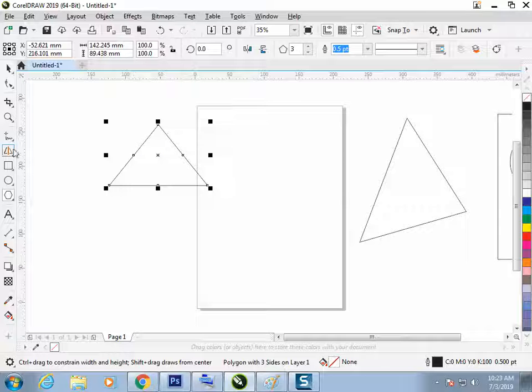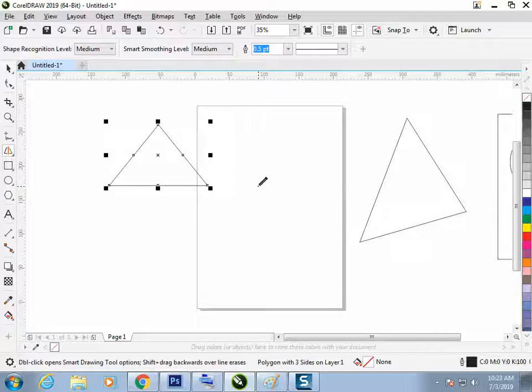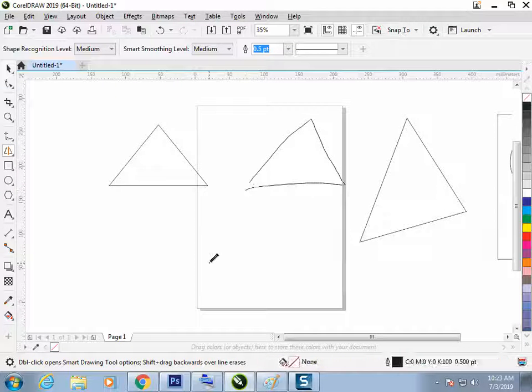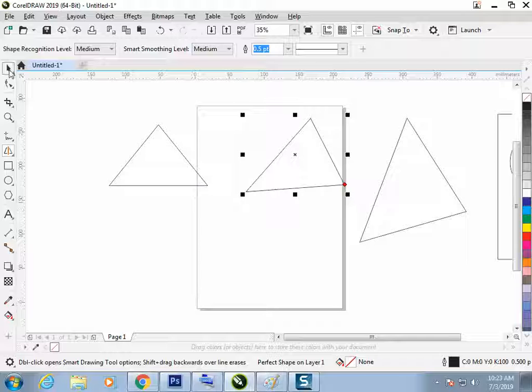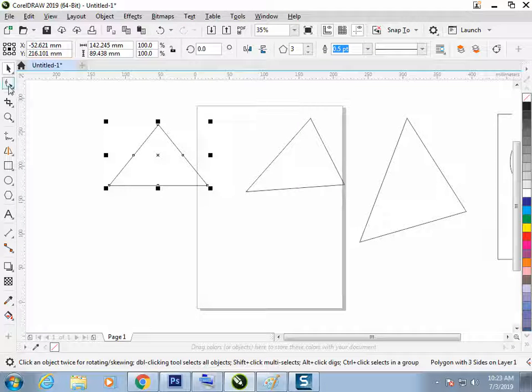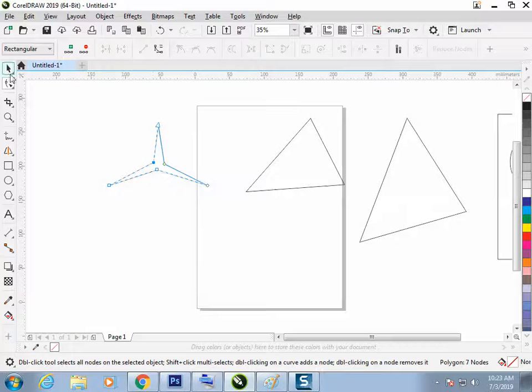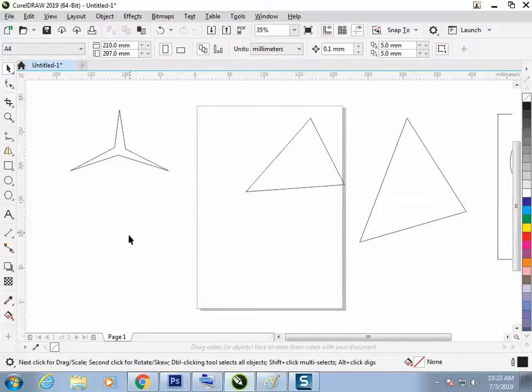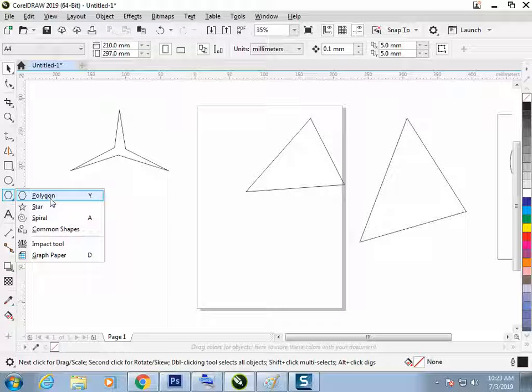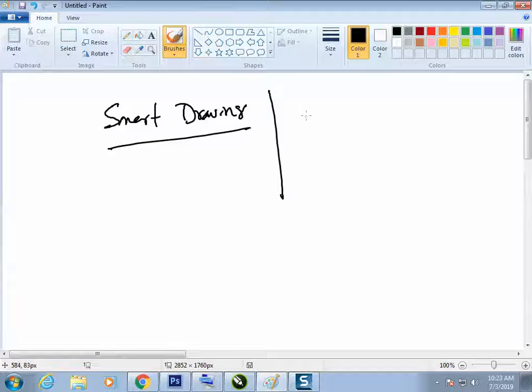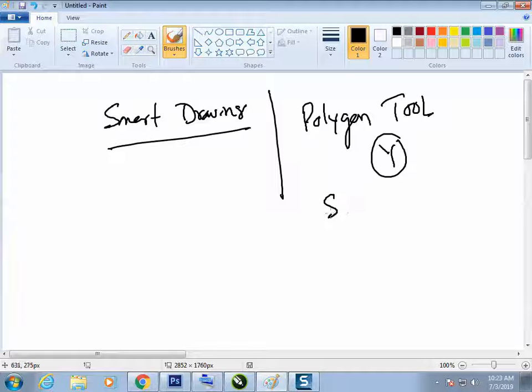Now the difference between making a triangle through smart drawing and making a triangle with this is here. If we switch to the shape tool, then you can find these points could be closed. This is the advantage of creating a triangle with the help of your shape tool, like the polygon tool. Hotkey Y. Polygon tool. Hotkey Y. You can define the sides,